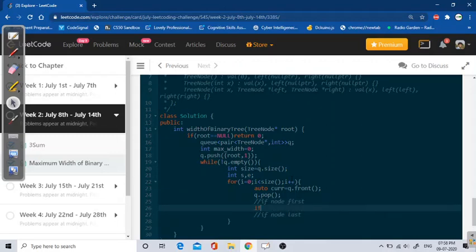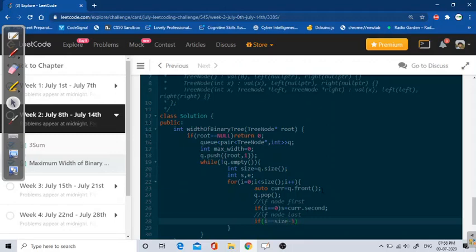So for that I will check if i is equal to 0, it means that this is my first node. So I will assign s equals to current dot second, because we are storing in pair, and indexes are stored in second in the pair. In the same way I will check if my i is equal to size minus 1. Why size minus 1?